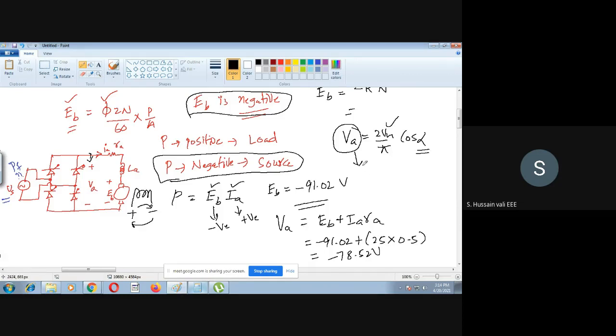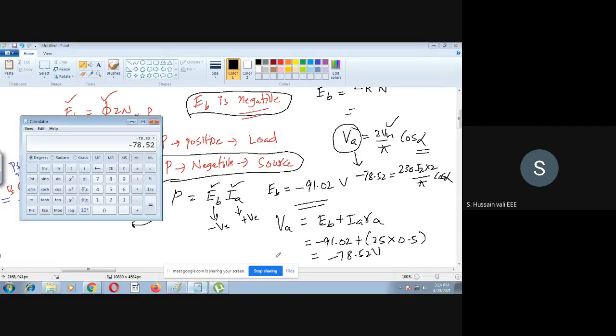So if you got VA here, substitute here now. 78.52 is equal to 230 into root 2 into 2 by pi into cos alpha. So we have to find out what is cos alpha. So now you see here, how to find out cos alpha is that into